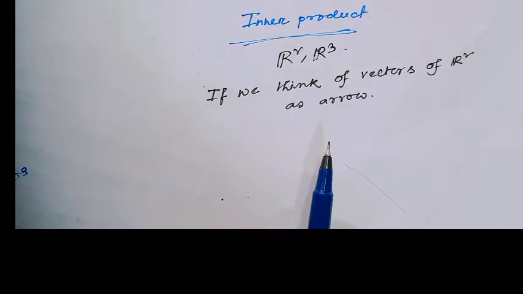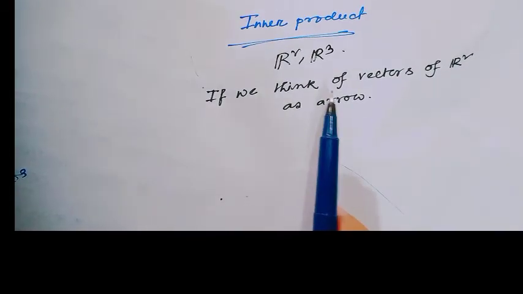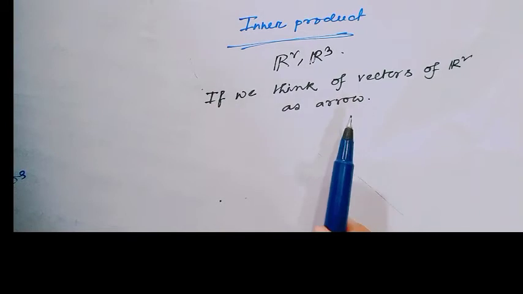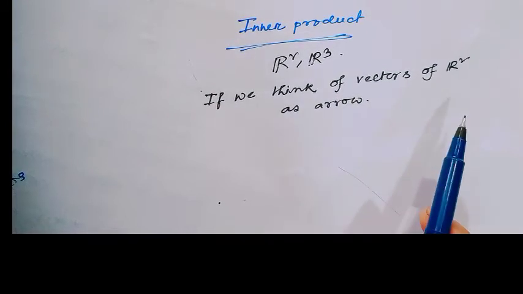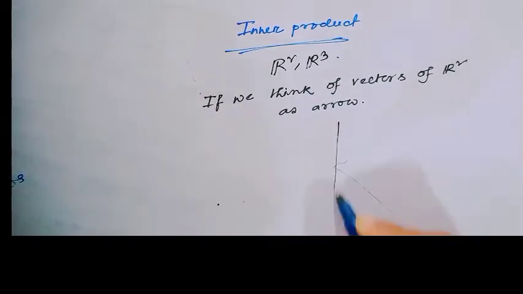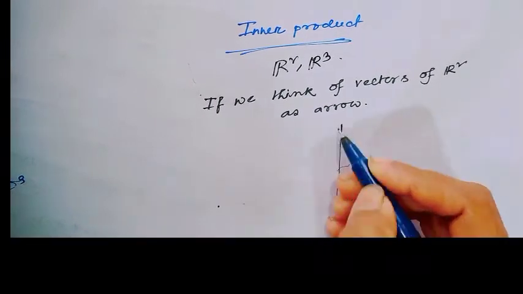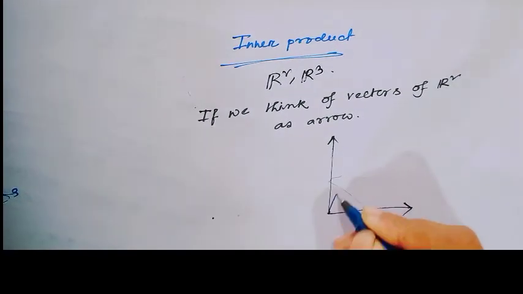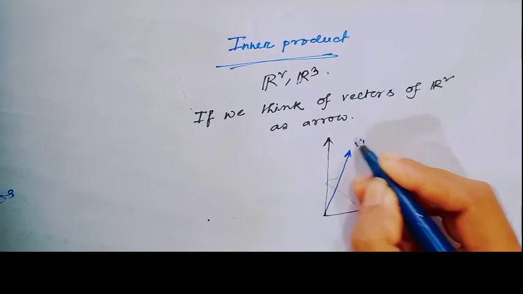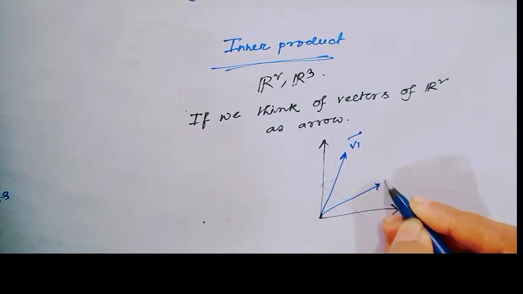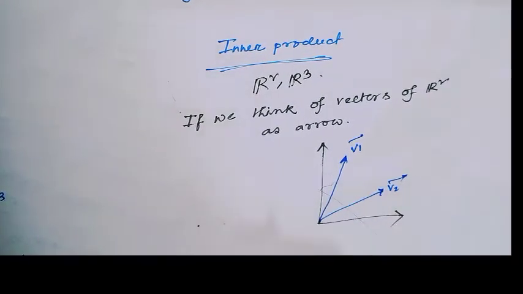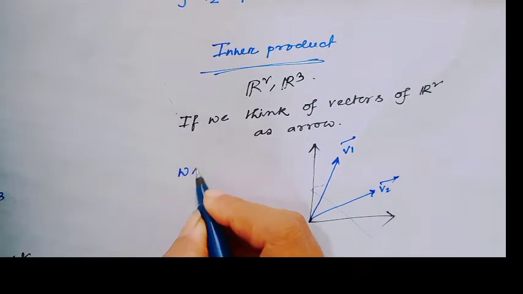About linear transformation. Today I will discuss inner product of vector space. We all know the well-known vector spaces R2 and R3. If we think of the vectors of R2 as arrows, consider two vectors. This is V1 and this is V2. Then obviously we have